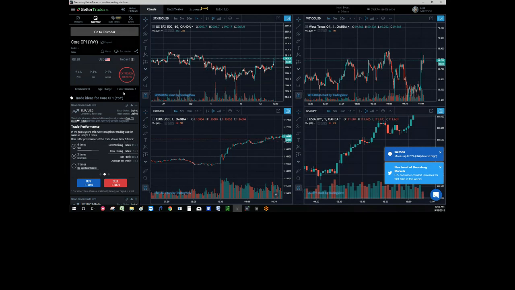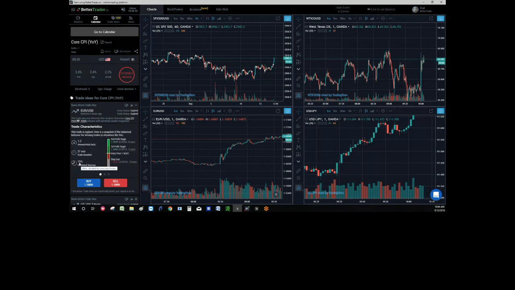So in the last 3 years, we had extremely weaker core CPI 9 times. 6 times, the market went up, so this trade idea was a win. 2 times the market went down, and then you got your stop loss. So 6 wins, 2 losses, and 1 no significant move in the market. You can understand that this situation happened 9 times in the last 3 years, and most of the time, 75% of the time, the market went up. The trade duration for the market to reach the peak was 37 minutes.